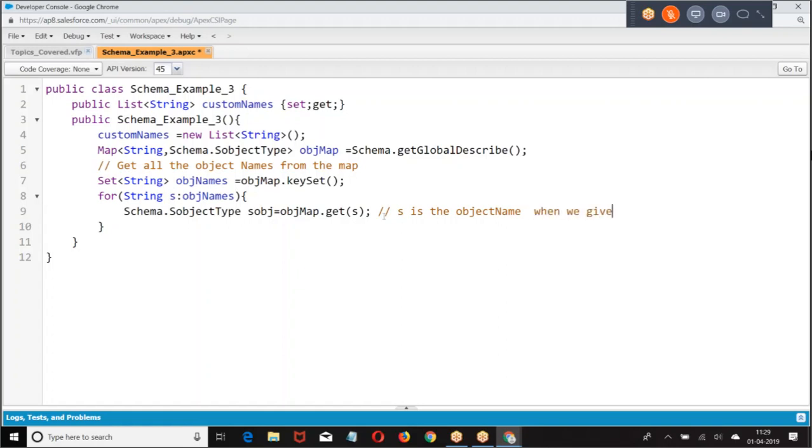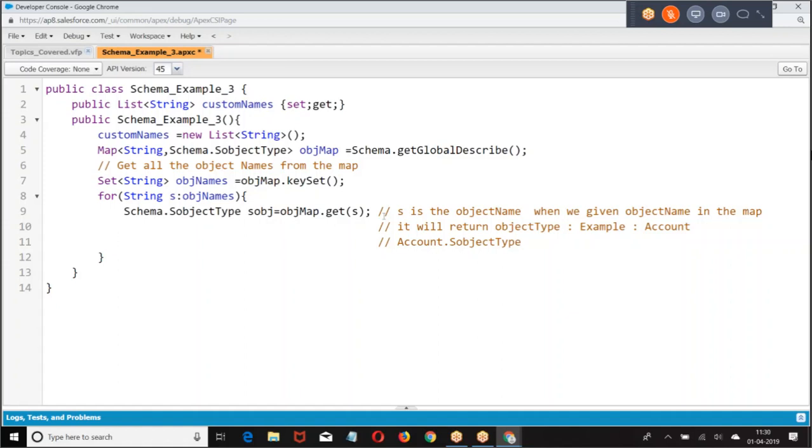When we give object name in the map, it will return the object type. For example, if I give Account, it's going to give Account. Am I right?